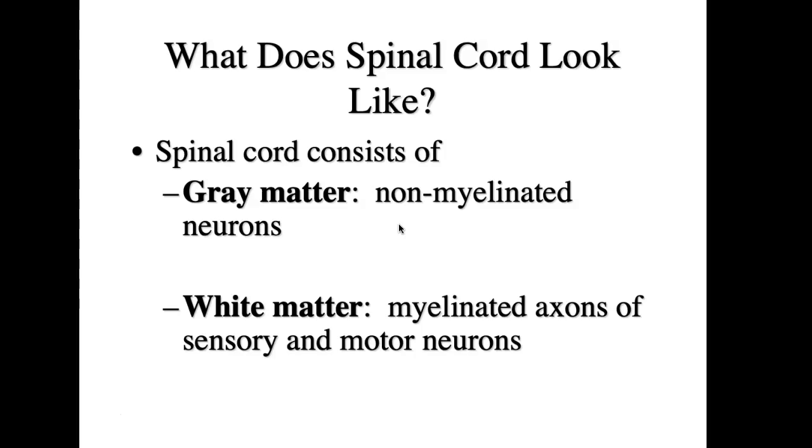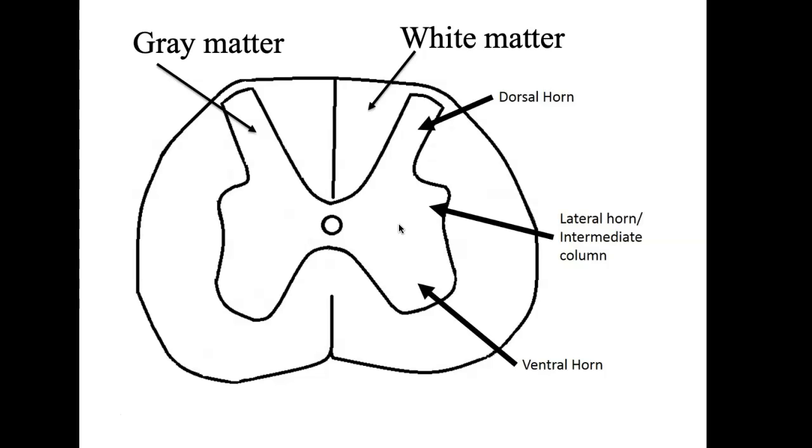So those myelinated axons of those sensory and motor neurons that are traveling up to the brain and back down again, they're all myelinated. They're all coated in this sheath of fat, and that's going to look white. And anything that doesn't have these axons is going to look grayer. So where would that be? In this very simple drawing of a cross-section of the spine, that's how it would look, right? This gray matter looks kind of like the shape of an H, and that H is going to be this whole region